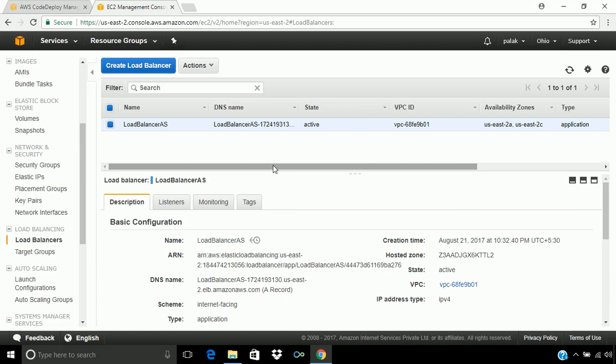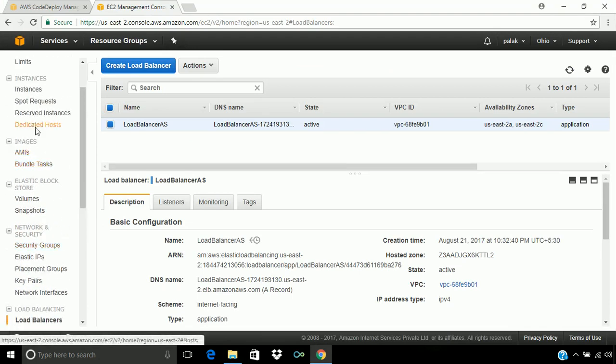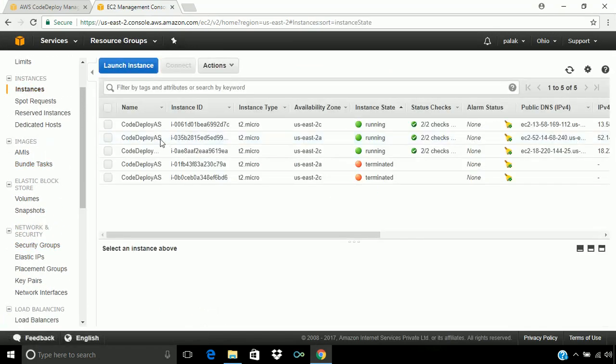So let's get started with our source code. Before that, let's see what application I have already deployed on the instances.